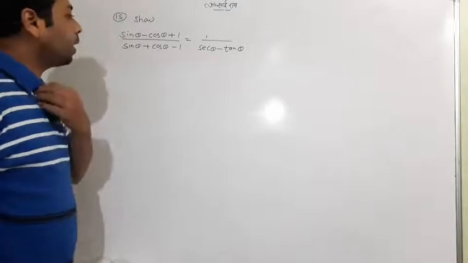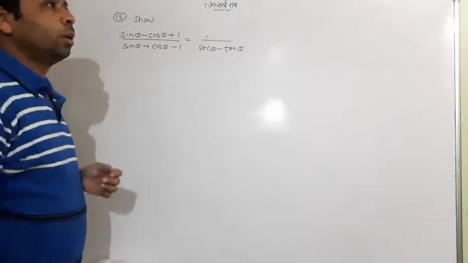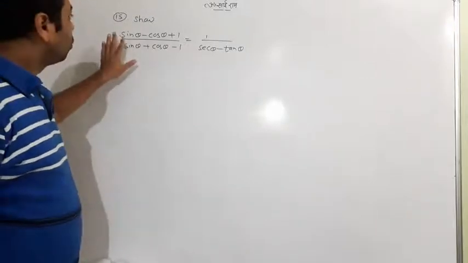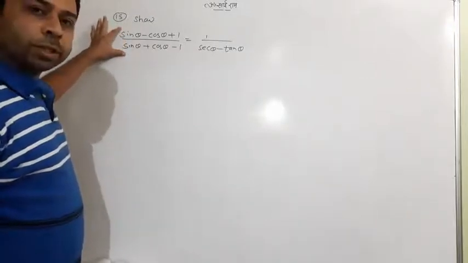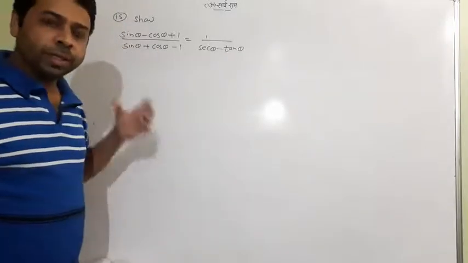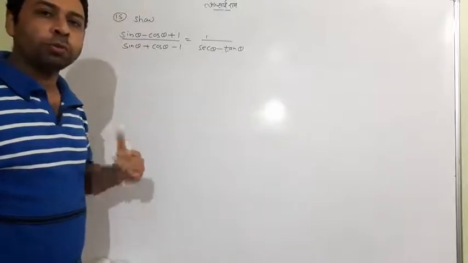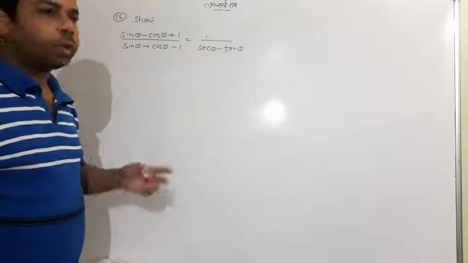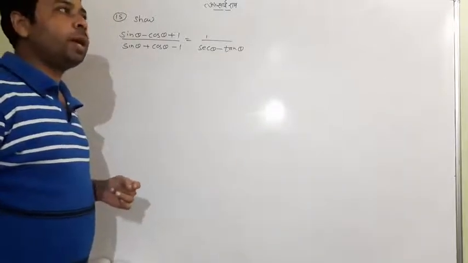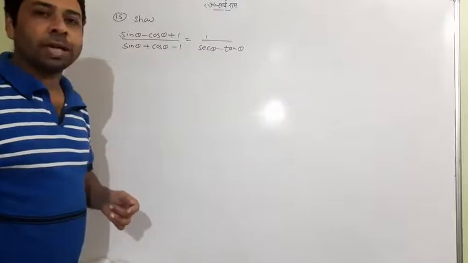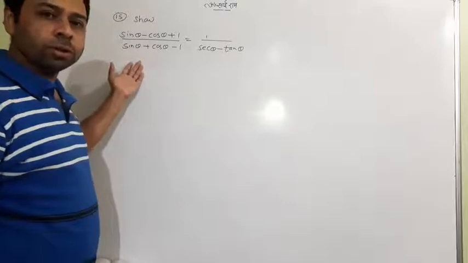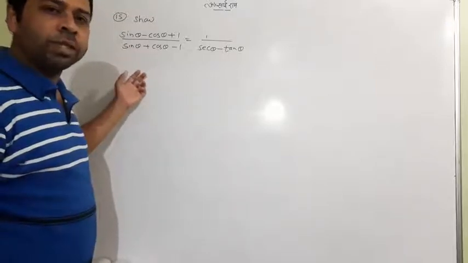This question is actually a different one. In our normal habit, in the left hand side, if you see the terms of sine and cos, which are our favorite terms, we always want sine and cos in a question so that we can simplify it. Even though we had lots of questions in which tan and sec came, so we turned them into sine and cos. Already we are having sine and cos, so this time we feel that we need not change.